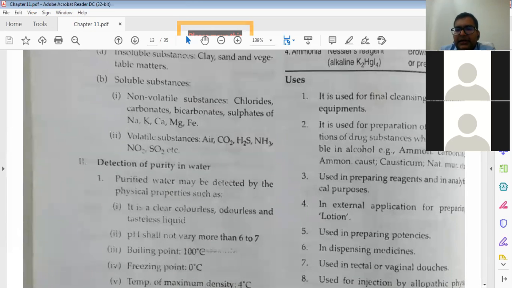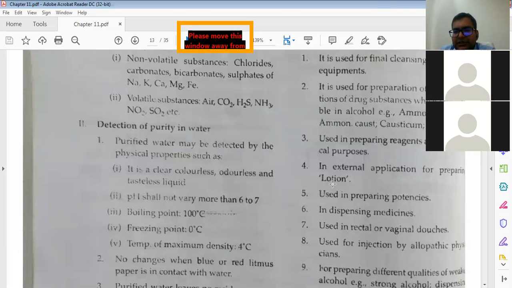But we have to write the use as per our homeopathic pharmacy. No need to write as per your physiology. Remember this. Anytime this can be disconnected, so after that we will reconnect in the next lecture, like tomorrow. So this is the use of water.